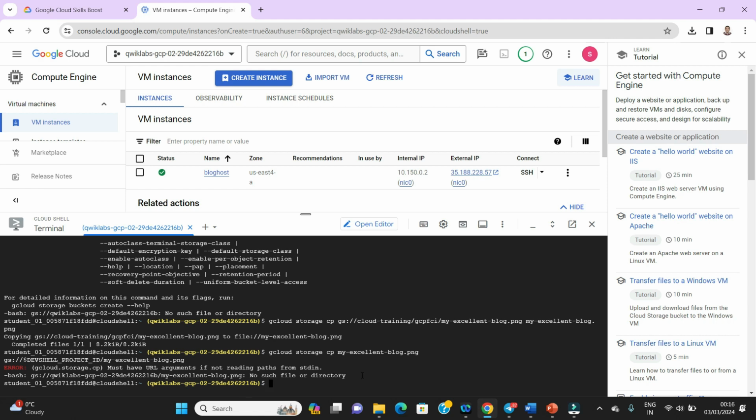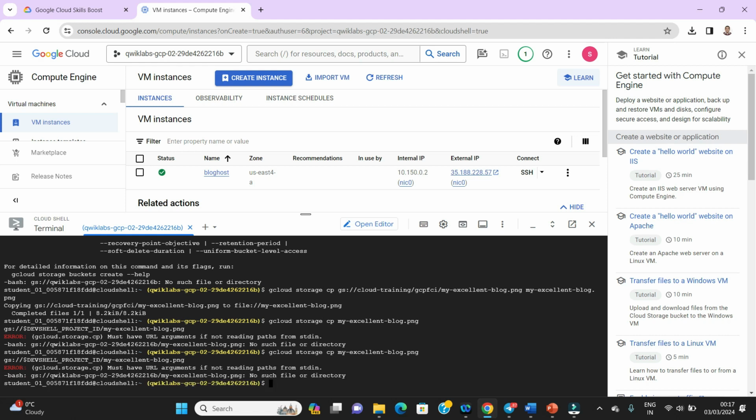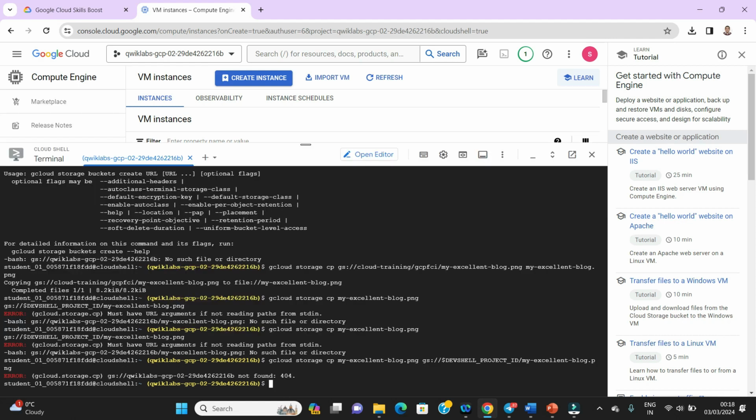Okay, let us see again what is the problem here. Let us clear the screen and fetch the image again, and then we are going to copy it to our bucket.